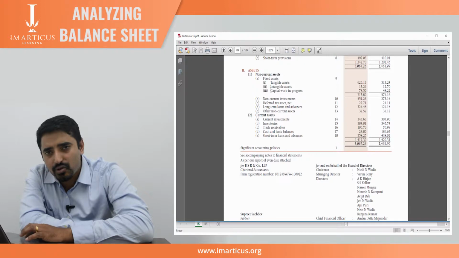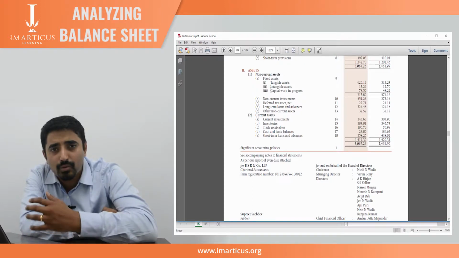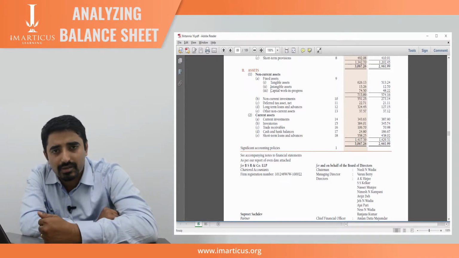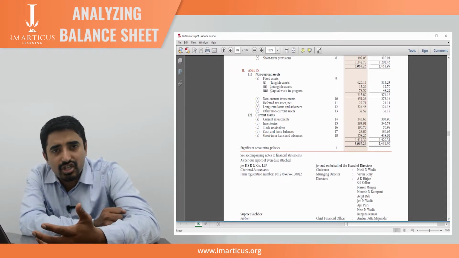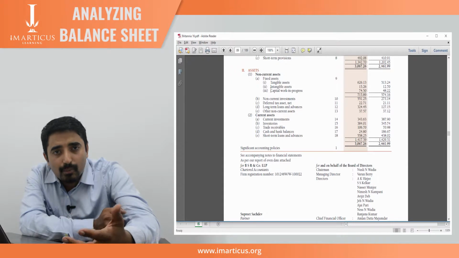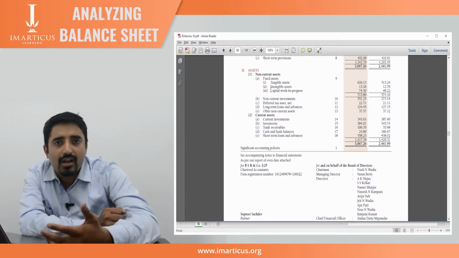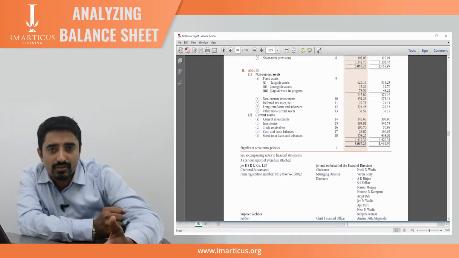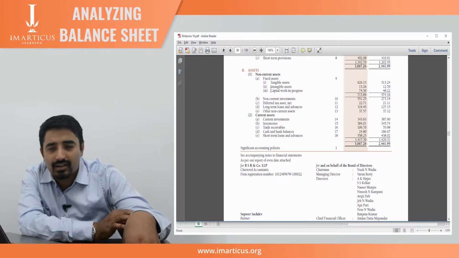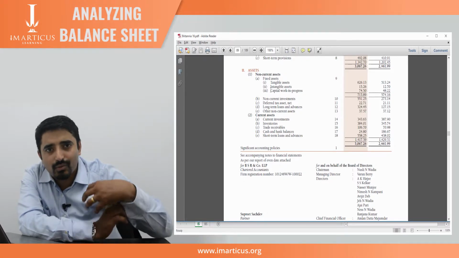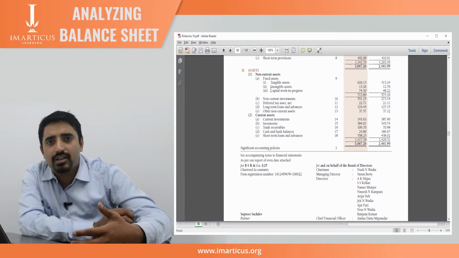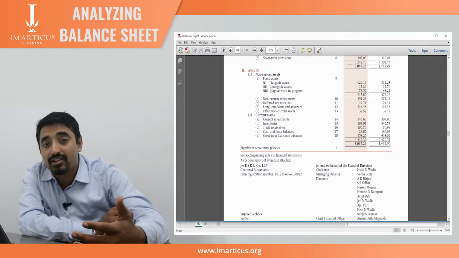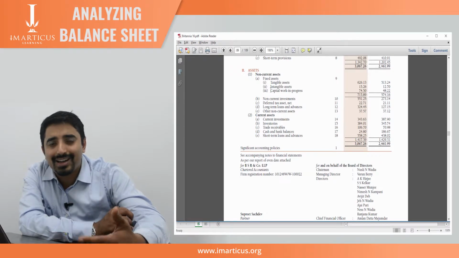Now we see something new here: capital work in progress. What do you mean by capital work in progress? Capital work in progress is any asset which is still in the process of becoming an asset. A building which is under construction, a road under construction. So companies don't report it as a tangible asset, but they report it as a work